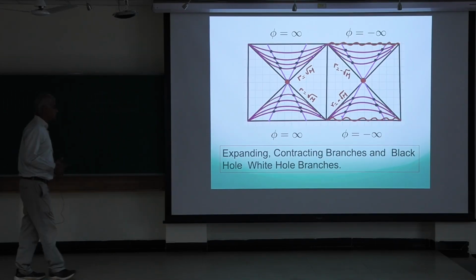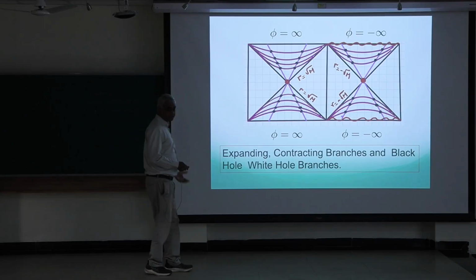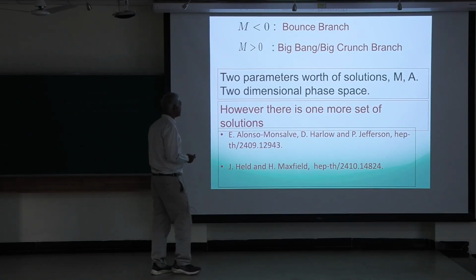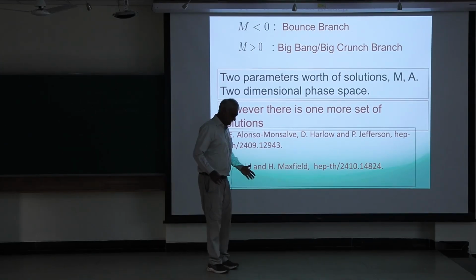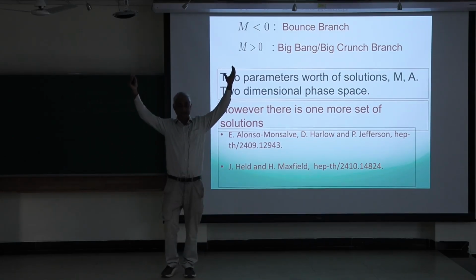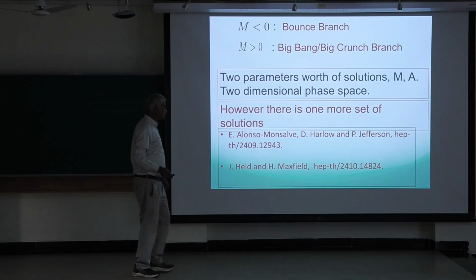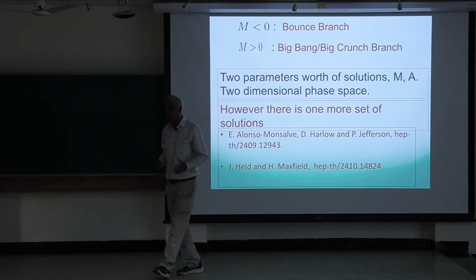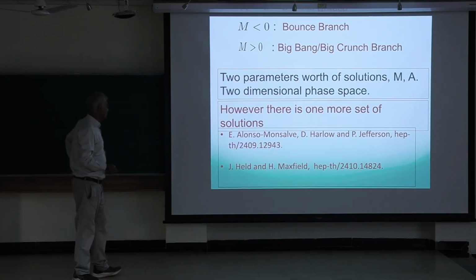Okay, and we'll include them and we'll see how the quantum theory behaves. And sometimes I'll refer to the m less than 0 as the bounce branch, because it's like global dS. The universe comes in to a minimum value and then bounces back, and the m greater than 0 is more like a big bang, big crunch. This is just a very tame version of that big bang singularity, which is this orbifold singularity.